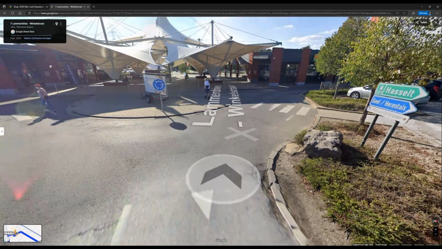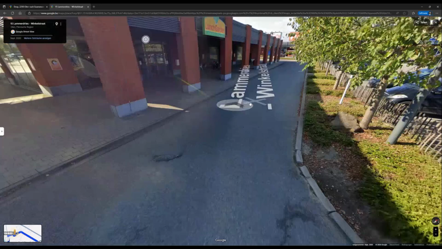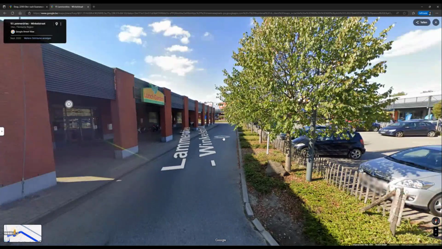So also very important, once you enter the roundabout, there is immediately a pedestrian crossing. Here, the pedestrians will have priority. So make sure that you give them priority. Watch out for any pedestrian. They might just walk here or from here. So they have priority here. Be very careful with that. And if there are no pedestrians, then continue on this